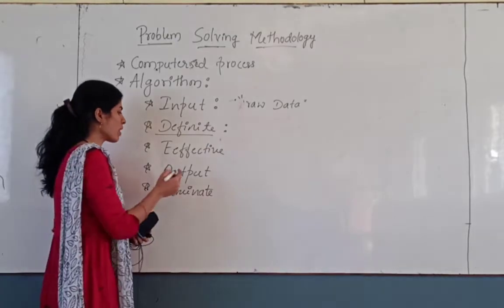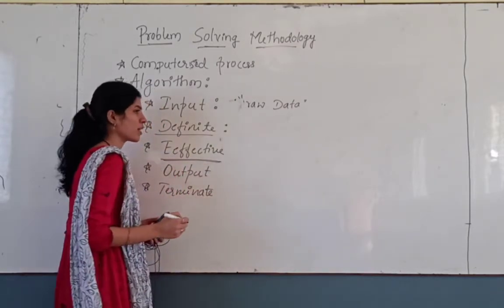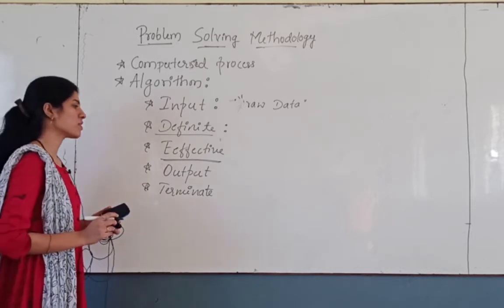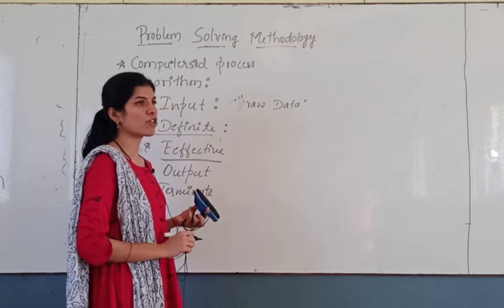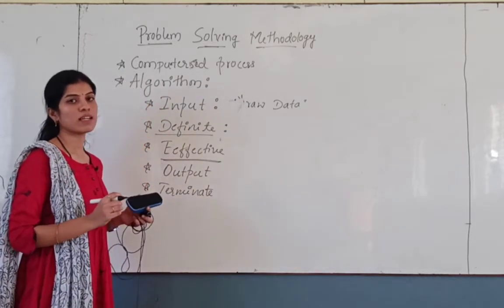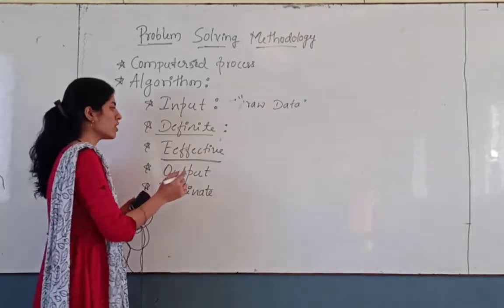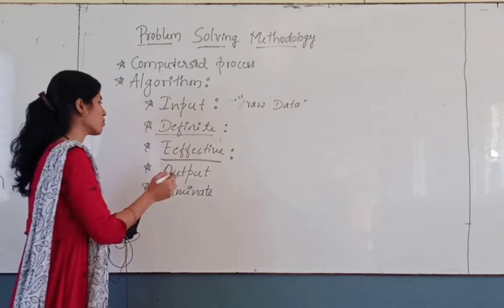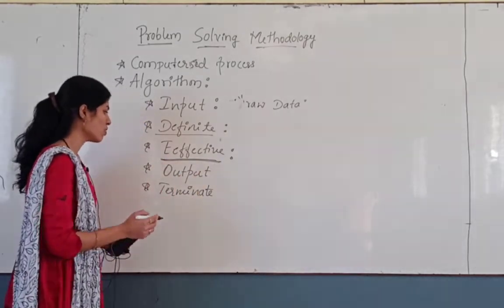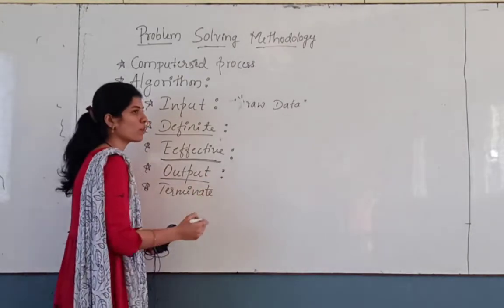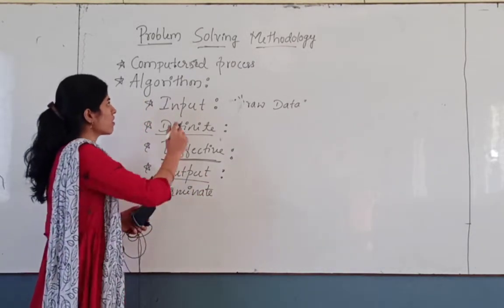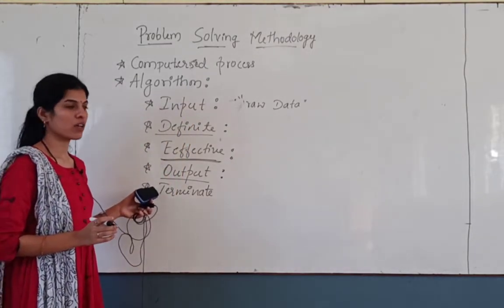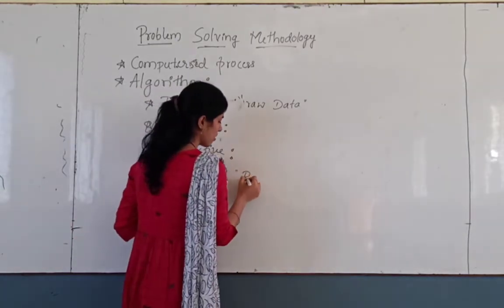So the algorithm should be definite, meaning every operational step should be definite for specifying the problem very clearly. The third one is effective, meaning every algorithm step should be effective, in principle it should be carried out using paper and pencil in a minimum number of times. Next is output. Whatever result or information we get through this algorithm is called output. This is the resulting information.